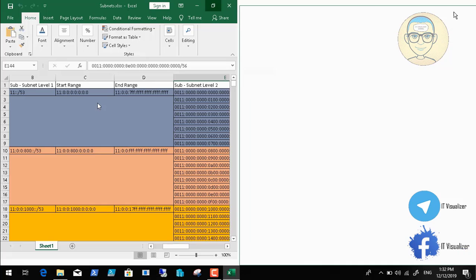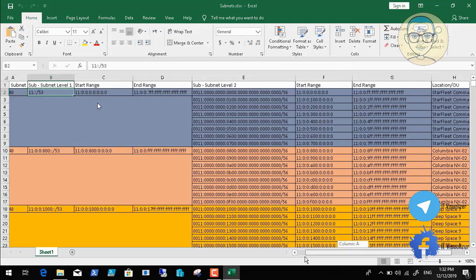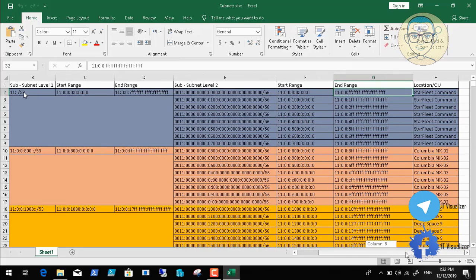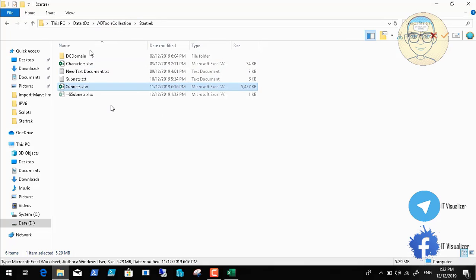So this is the subnet. Okay, anyway, we need to make sure that this is the main subnet that we will use, and we need to put an IP address for this server from IP version 6. So I am opening my Excel sheet and I will begin using the first main subnet for the Starfleet command, and configure my server with this main subnet, or take an IP address from this main subnet for my virtual server and for my host as well. Okay,